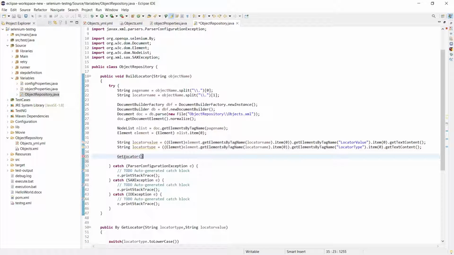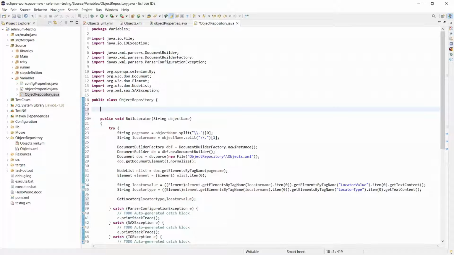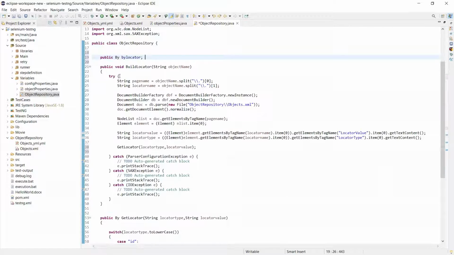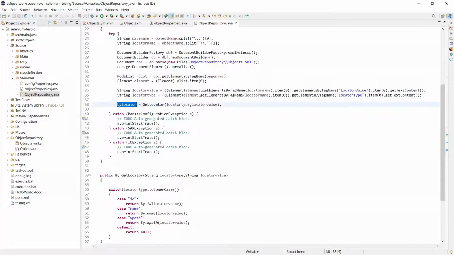Then let's call this method over here and pass the locator type and locator value into this method. Now to store the By object, I'm adding a class variable called byLocator, which will hold our By object. So that's all we need to do to read our XML file and then to create the locator to find the element.